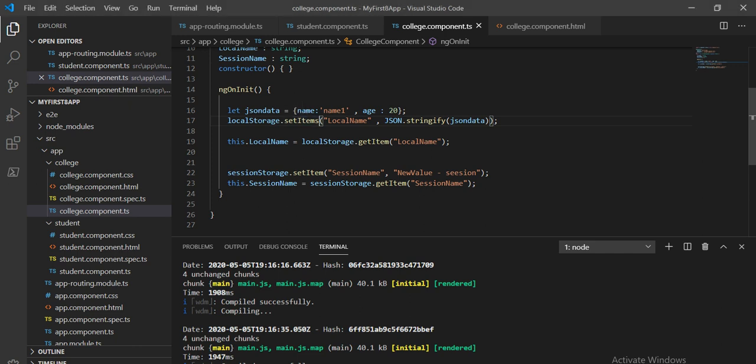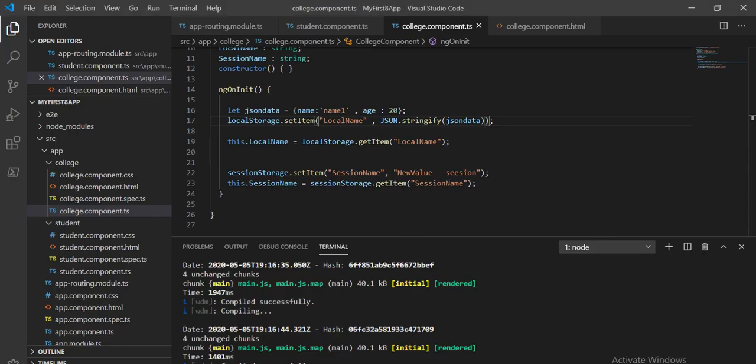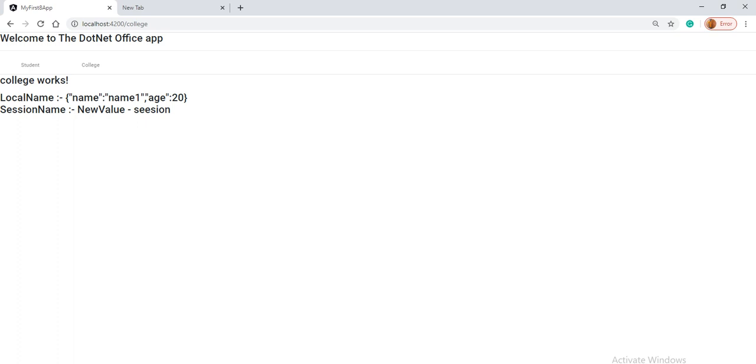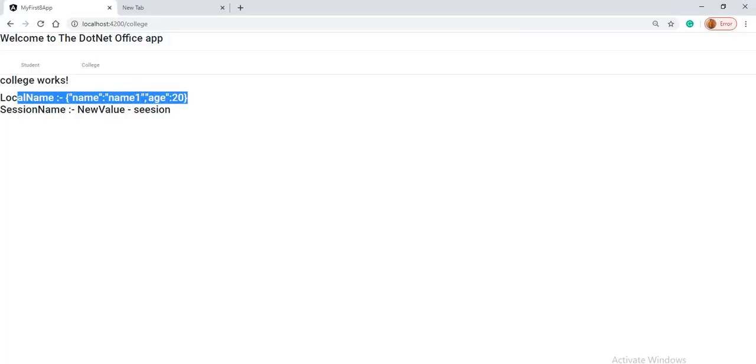So basically the problem is here, we have to use set item. Now let's save it and see on the browser. So the compilation is successful. Go on the browser, we can see it's compiling, still it is not giving the value. See what is the issue. So now we can see on the browser that we are able to see this local name value. There was just some compilation issue, that's why it was not showing. So now it's compiling properly as expected, and we can see the complex data on the browser.